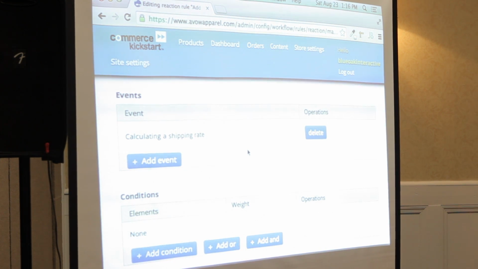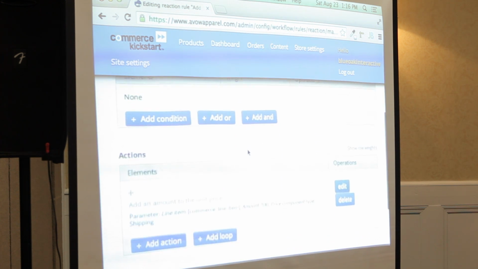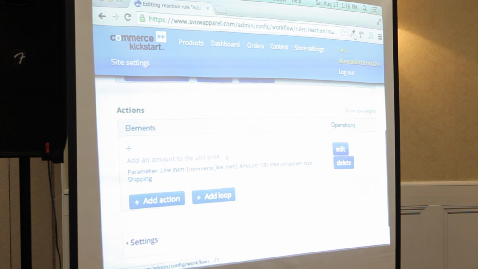Drupal Commerce is going to invoke the calculate a shipping rate event, and that's where it invokes all of the components for any shipping methods you have available, UPS, USPS, and says, hey, go do your work. When that returns, all we have to do is add an amount to the unit price. So here is an example of the customer wants to charge $1 so that they cover their package that they're